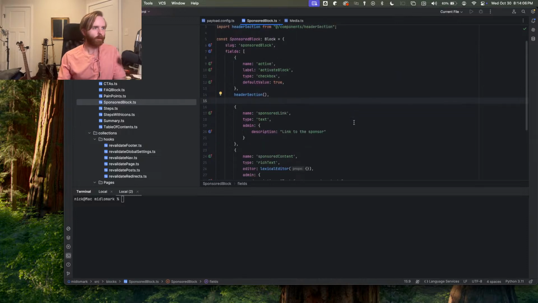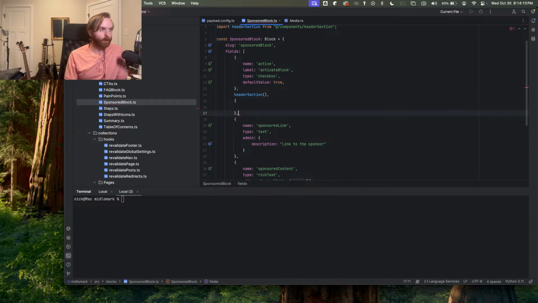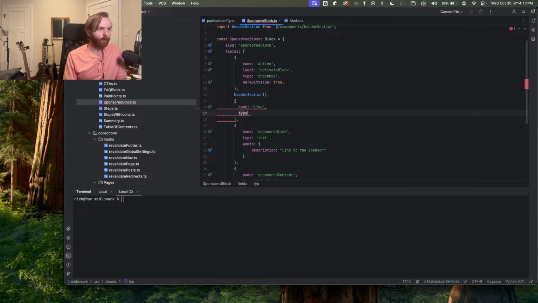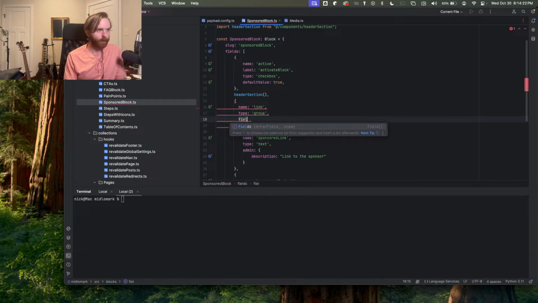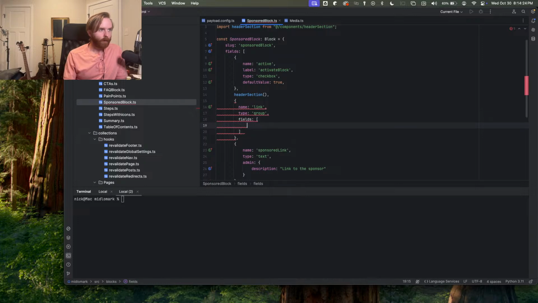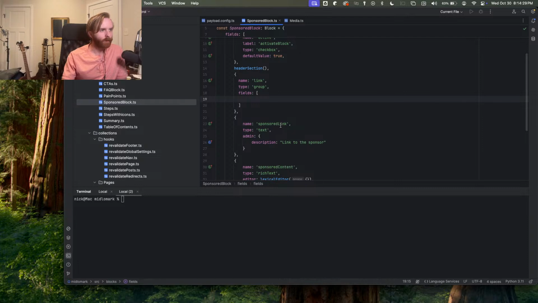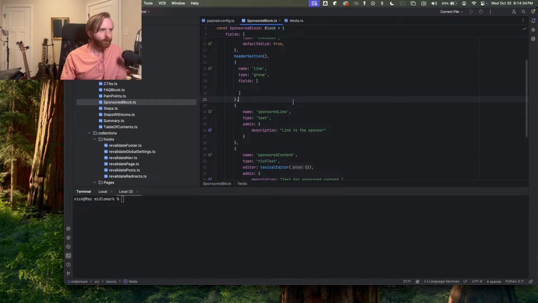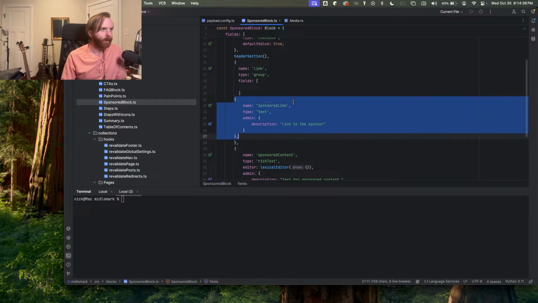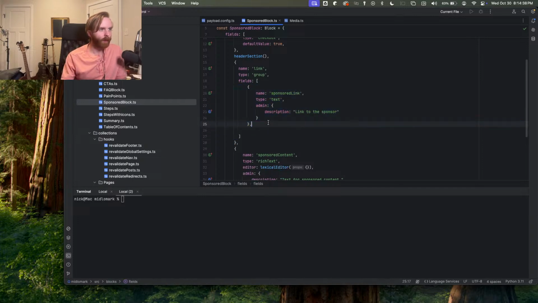And so the reason for that is to keep all this the same, and I want to add more. So this is also going to, first it's going to be link, and then type, it's going to be a group. And so the reason I want to do this is to keep all of the link information all in one place, and I want more than just the actual link itself. So yes, that's important, so we're going to bring that in here to the fields, but I also want to add